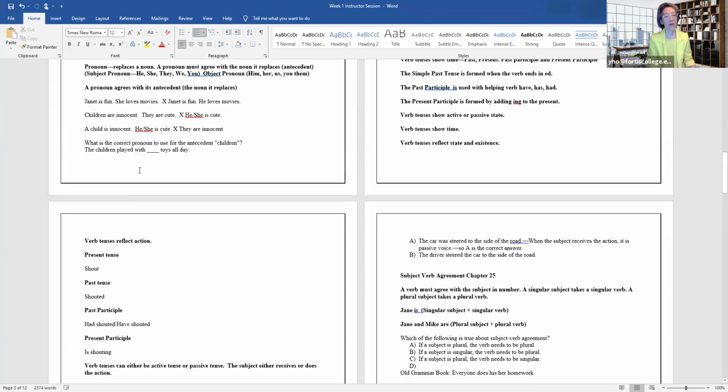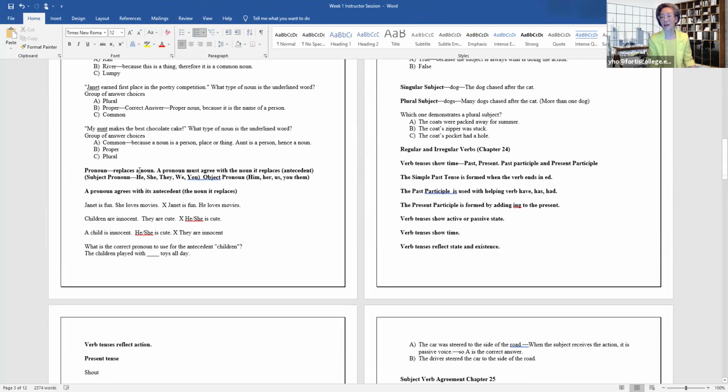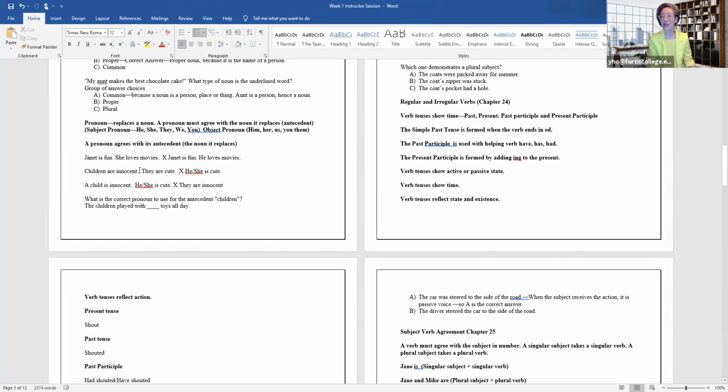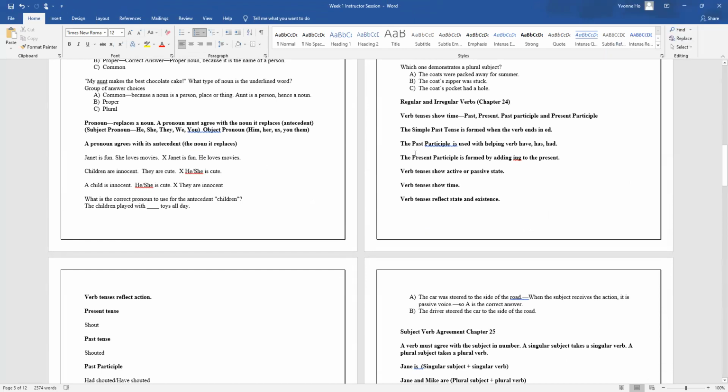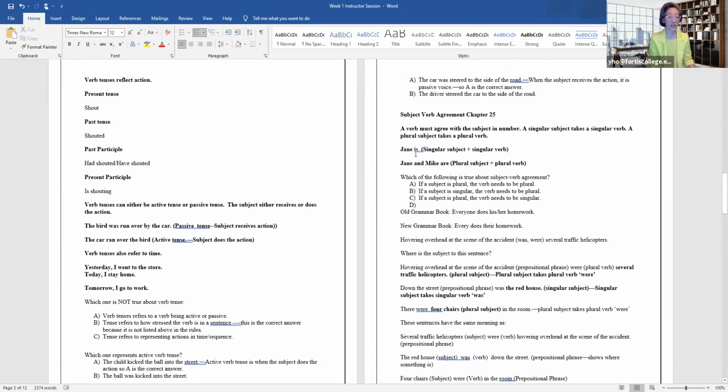All right, so everybody good with nouns and pronouns? How many of you learned this in like second grade? Did you all learn this in second grade? Yes? Andy? Kayla? Yes. Yeah, this is all very easy stuff. Okay, let's skip to verb tenses.